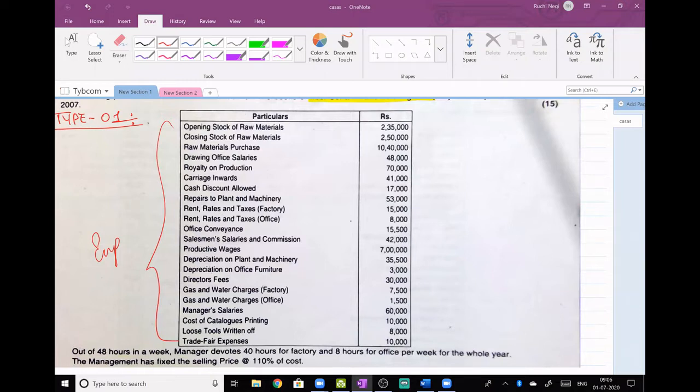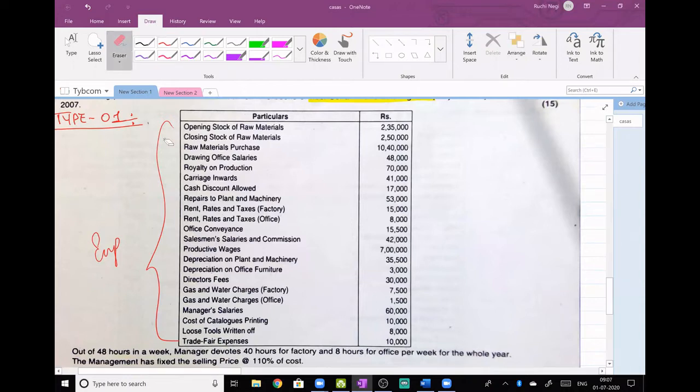You have to bifurcate the expenses as per CAS 1. How will you bifurcate? We will bifurcate it as direct and indirect cost. Direct cost, maybe we will see whether it is direct material, direct labor, or direct expenses. And in indirect cost, maybe we will see whether it is factory overheads, admin overheads, and selling and distribution overheads. Okay, am I clear about this? Right?